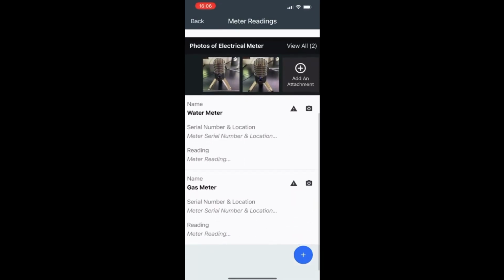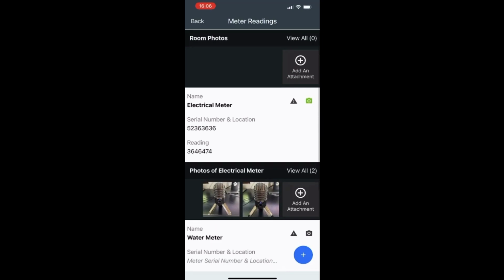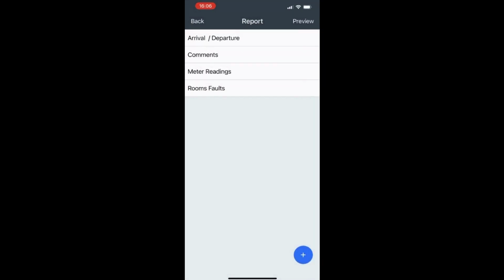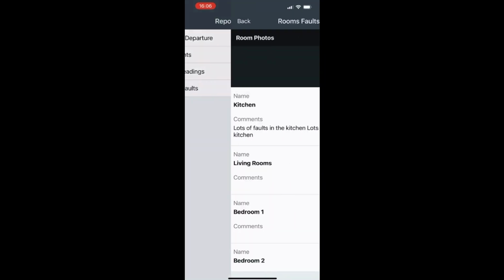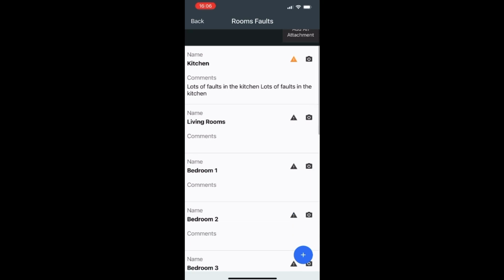I then move down to the gas meter, water meter, bulk meters, whatever it is that I need to capture in terms of the meter readings. The same thing is true for room faults. Again, your customizable templates are available, but to give you an example, in the living room, if there's a fault to rectify,